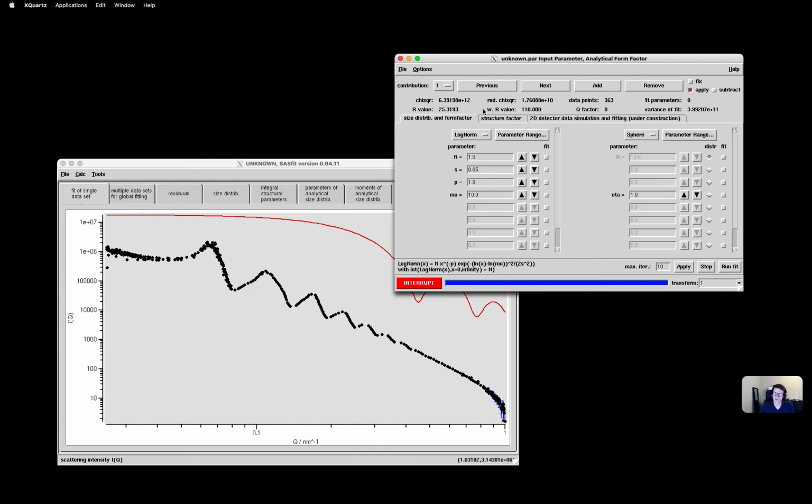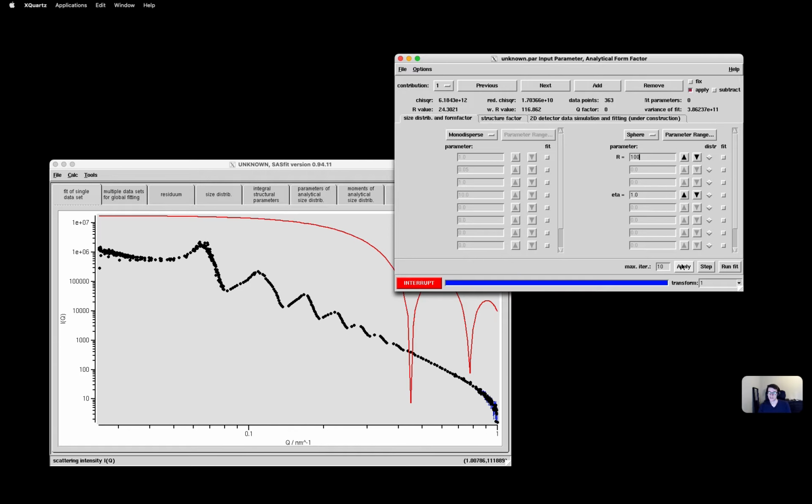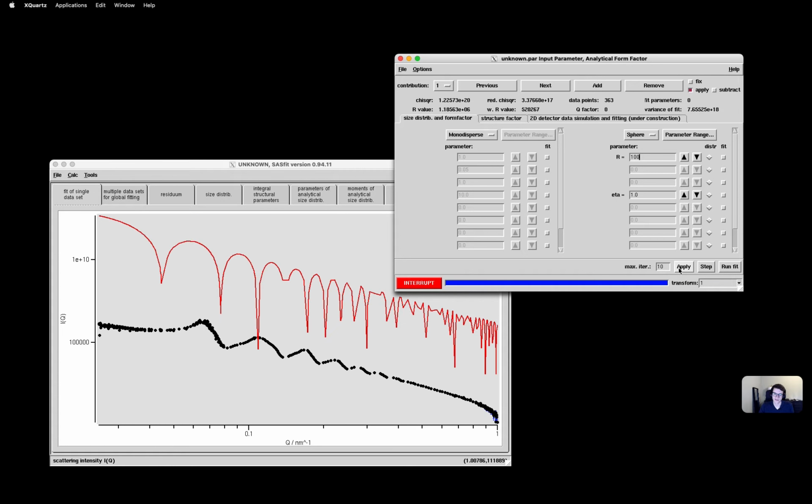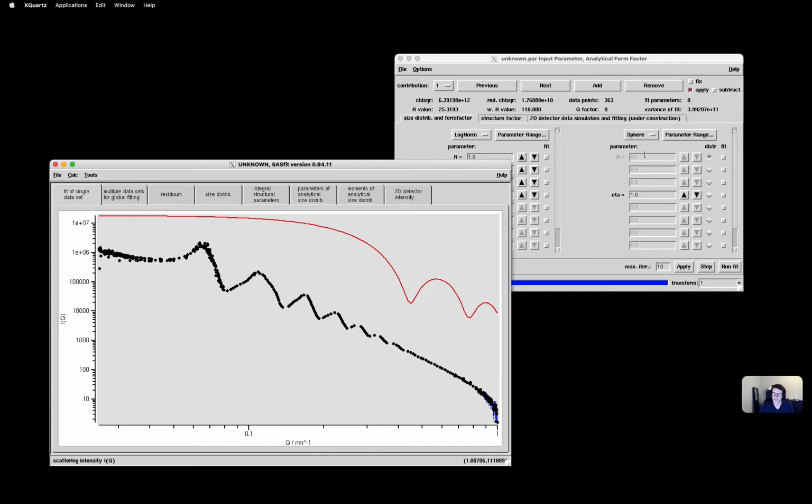So if I remove the polydispersity and use only the sphere, I have here the radius parameter. If I plot this model, I see it has very sharp minima here, and I can increase this value. We know that should be approximately around 100. I guess is always a good start. Oh, that's really a lot. To remove the sharp minima here, I can enable the log norm distribution again. You get something as before.